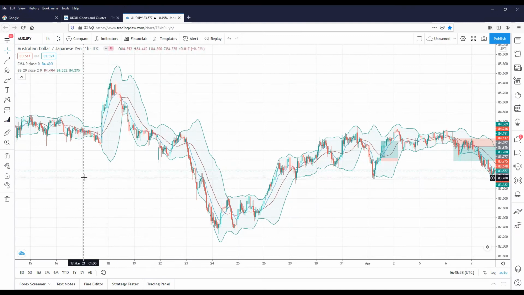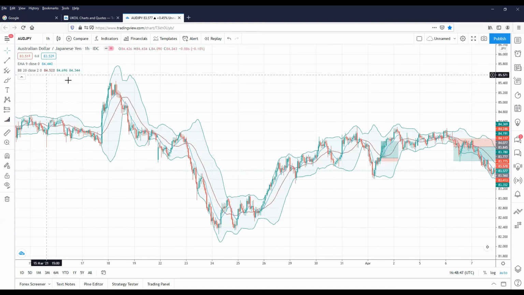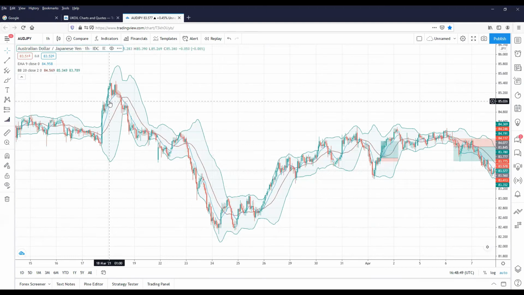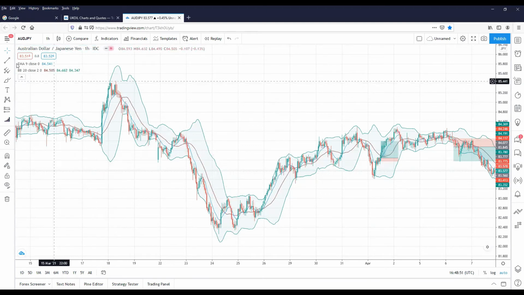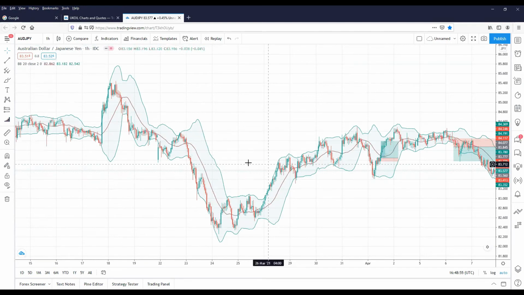So I have a strategy to trade based on reversals. Let me take off all the other indicators. Let me just leave the Bollinger Bands. So this is the asset here. This asset is AUDJPY. So I have some rules. First,